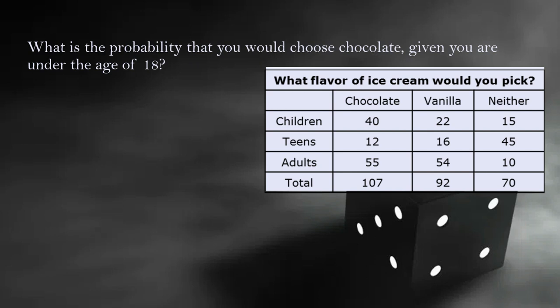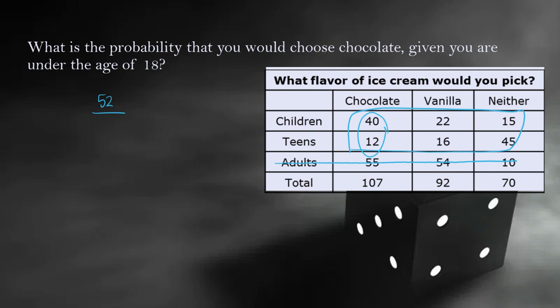All right, here we have a graph of flavors of ice cream, and it's broken down by age or age category, I guess you would say, and then what flavor they like, okay? So what's the probability you would choose chocolate given you are under the age of 18? Well, under the age of 18 means we're taking out all of the adults from the totals, okay? So chocolate has a total of 52